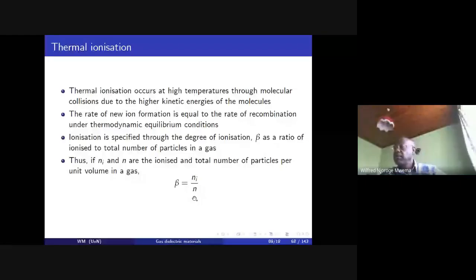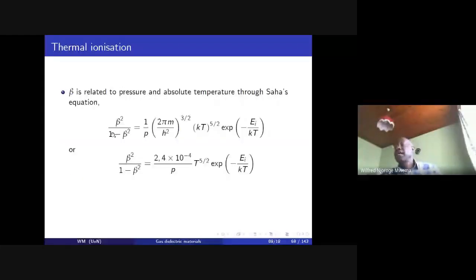That is the total particle density of the gas, and the pressure is given as beta squared over 1 minus beta squared equal to 1 over P into that equation there, where h is the Planck's constant, m is the mass of the particle, and so on. It looks like that one of Planck, okay,